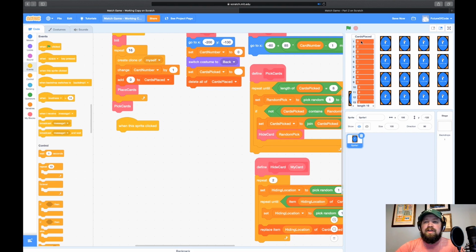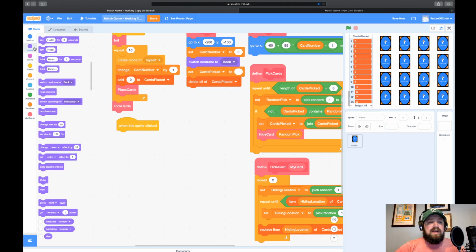And that card is memorized in our list here. So we're going to use card number, and then look at that card number. If I click on number 1 here, it has card number 1. We're going to look in location 1 of our cards placed list, find what card number that is, and switch it to that costume.